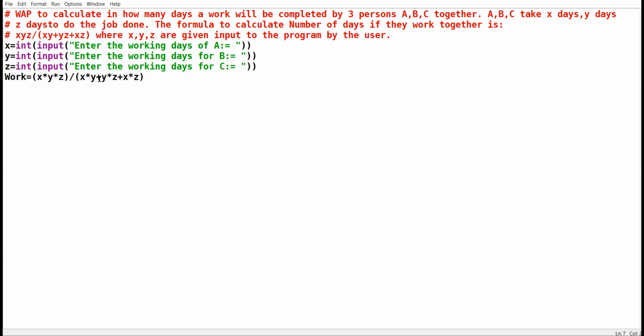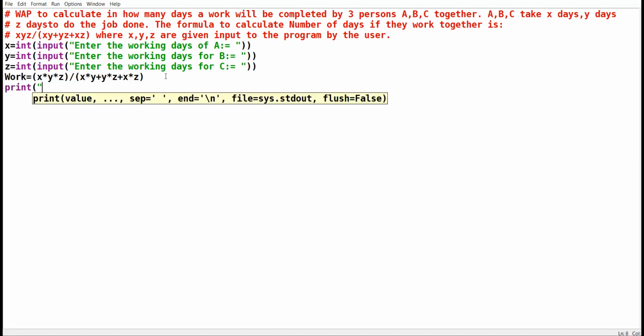In mathematics, you can write xy, and xy means x into y. But in programming, you have to explicitly show the multiplication symbol if you want to show the product operation. Now, finally, you print the result.